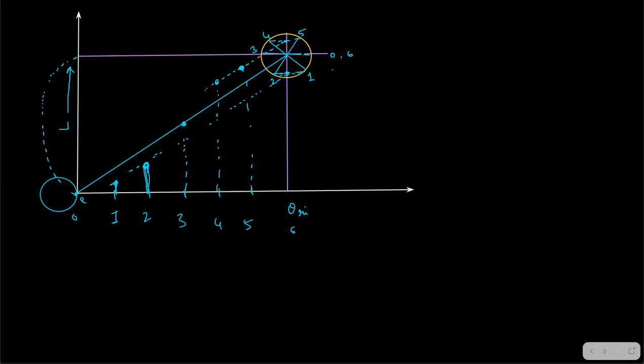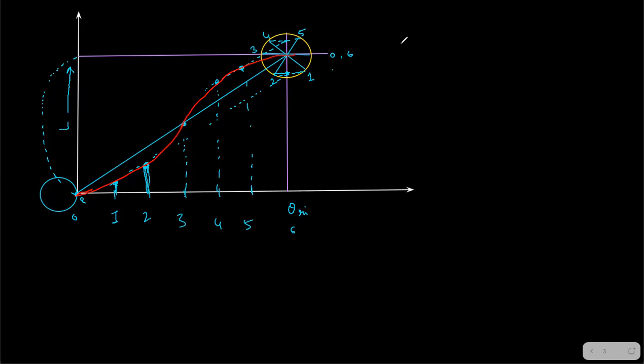Now you join all these lines properly with a smooth curve. And you are going to get the desired cycloidal motion. Done. So this is your cycloidal curve. This way you are going to draw the cycloidal curve. And why did we do all these things? Right? So just check the equation.